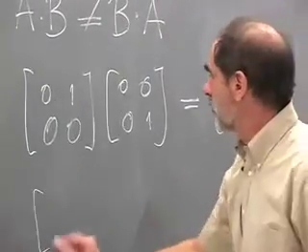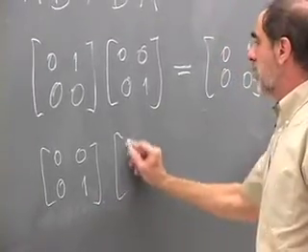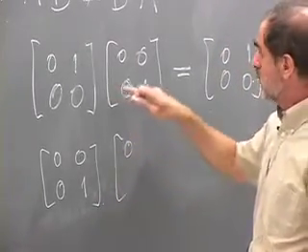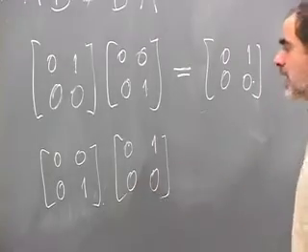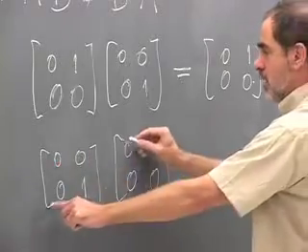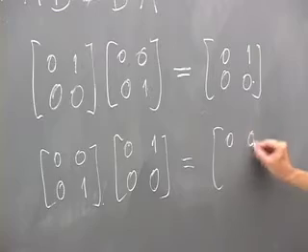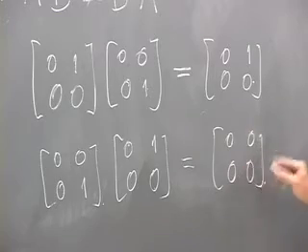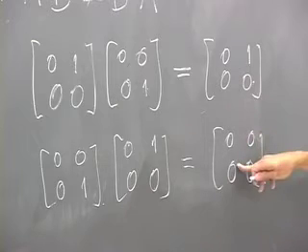Let's try it in the other direction, see if I got this right. This would be typical, where I work this example out wrong. So that's this matrix here, then this one goes up here. Are there any places where we get a non-zero entry? This is 0, this is 0, this is 0, and this is 0. So this turns out to be the 0 matrix. So this is the product of A and B, and this is the product of B and A. These matrices are clearly different.